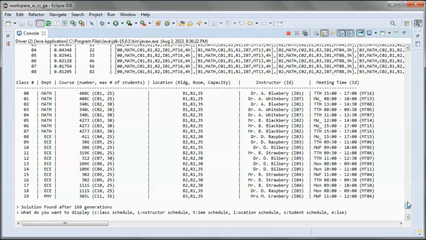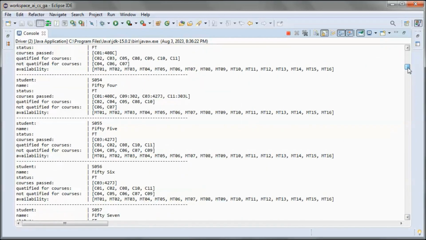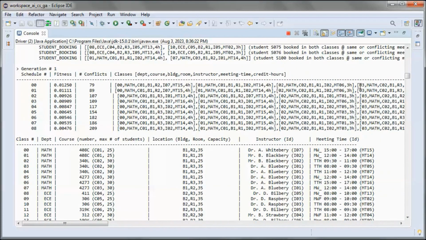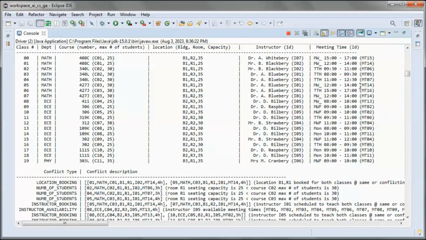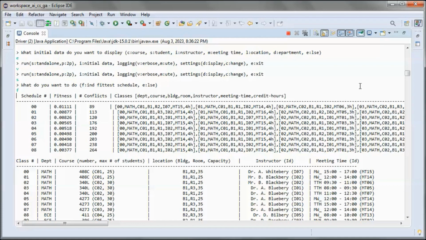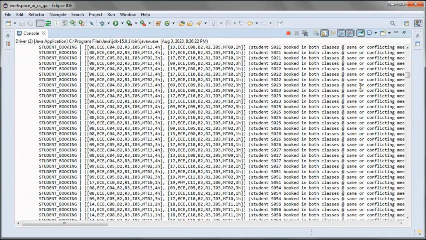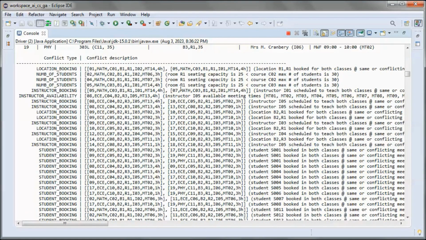So let's take a look here. So this is generation 0. So we have those conflicts. Here we have a location booking conflict, and they are at the same meeting time.